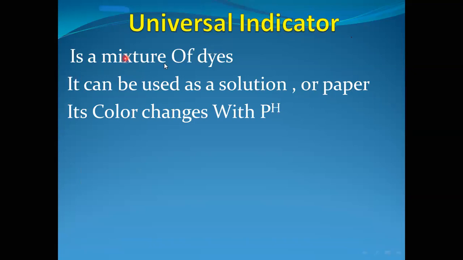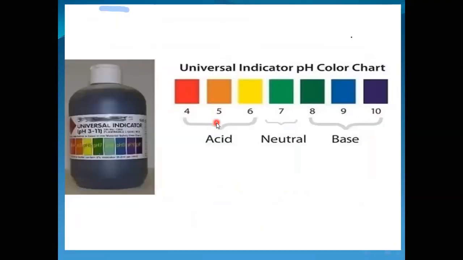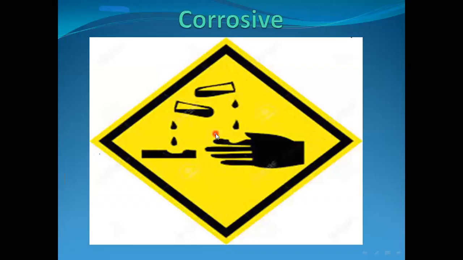Universal indicator is a mixture of dyes. It can be used as a solution or a paper. Different colors of universal indicator at different pH, as you see here. This picture means corrosive. Corrosive means it can burn or damage. It can damage the tissue of living things, like the tissue of your hand, for example. This is what I'm trying to say about the first part from topic 8